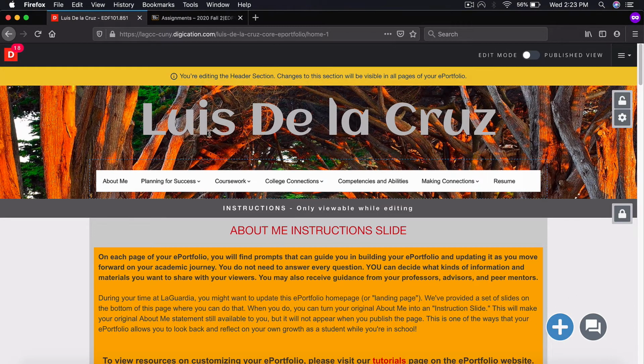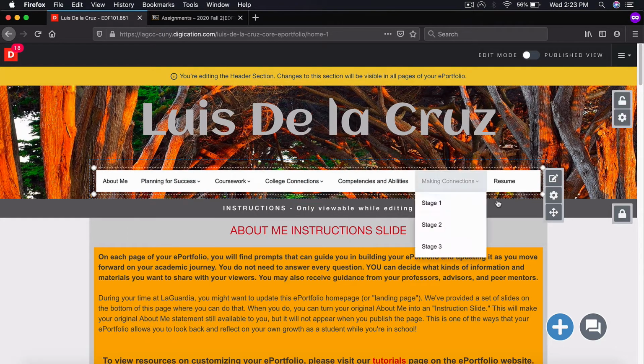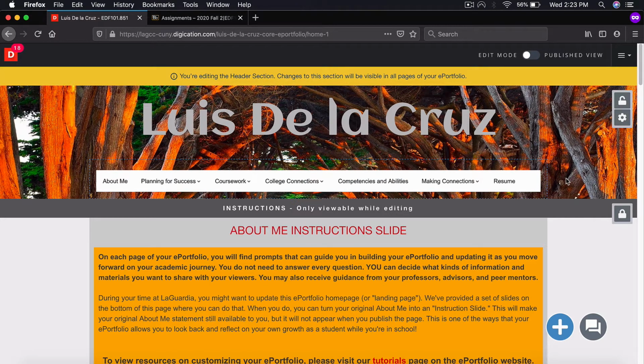And what page are you going to create? That page, well, in this case, it's going to be a template. It is going to be related with your major. There are 4 different majors in the education field: childhood educator, early childhood educator, adolescence educator, and bilingual educator. So you need to pick any of these 4,